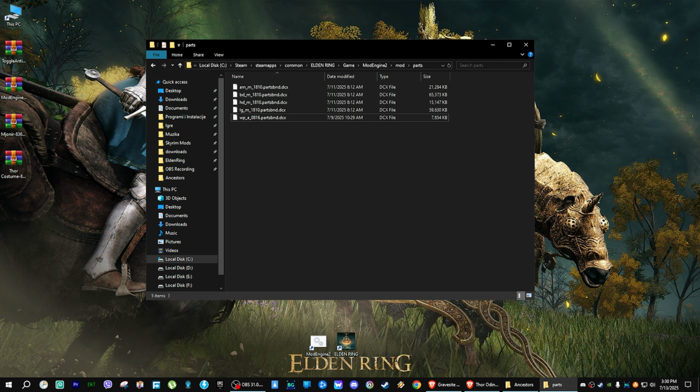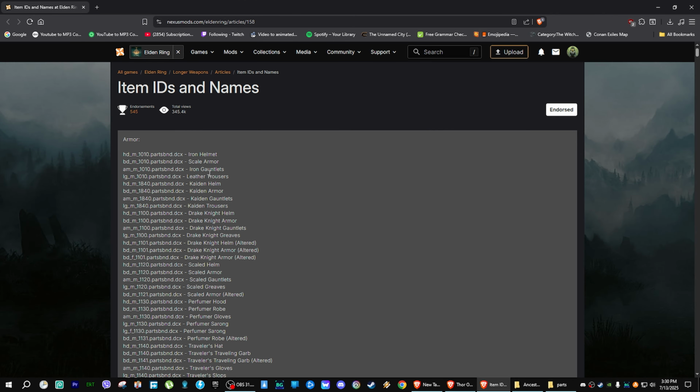So if you want to change to some other armor, instead of Cleanrot, let's say you have another mod that you are covering Cleanrot with, right? So there is another way to change for other armor,